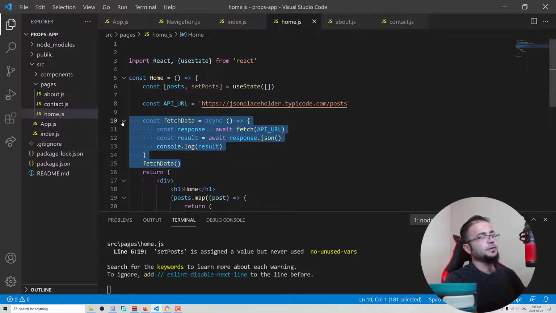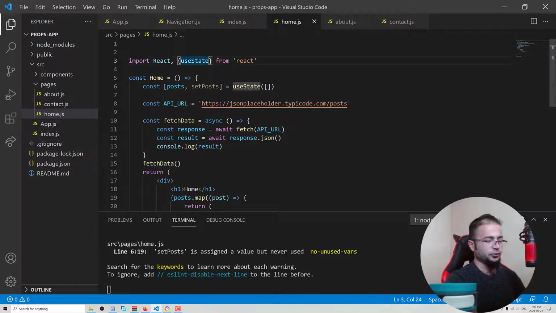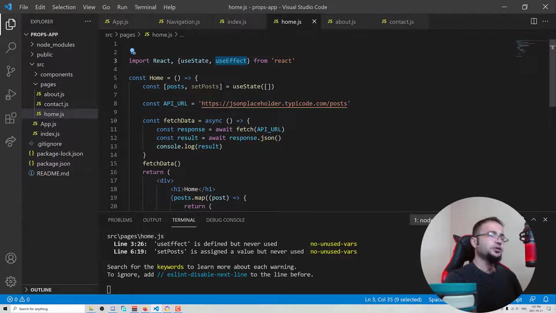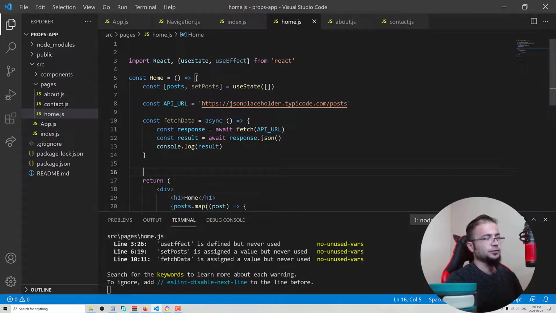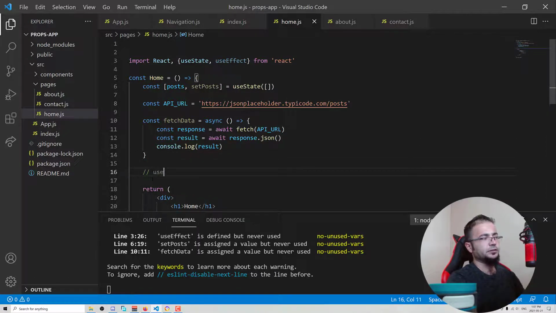However, this is still unsecure because this function is called when we are not sure this component is mounted or not. So we have to have a way to make sure that our component mounts, and then this function is called. Well, React has a hook called useEffect. This useEffect makes sure that your component is mounted, then you perform actions that need your component to be mounted. So to use it, let's say useEffect,